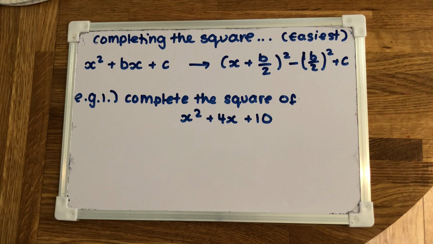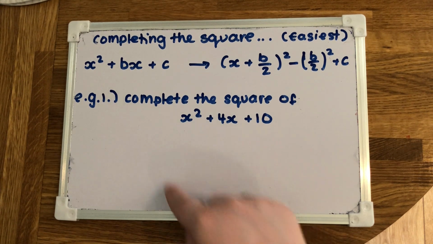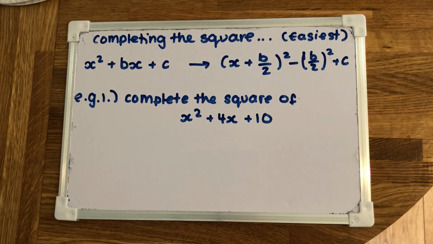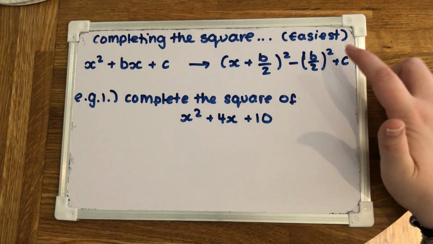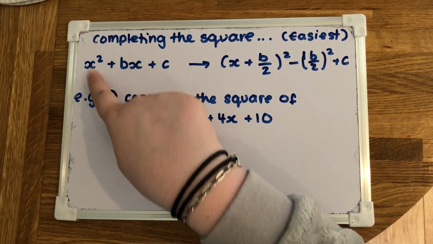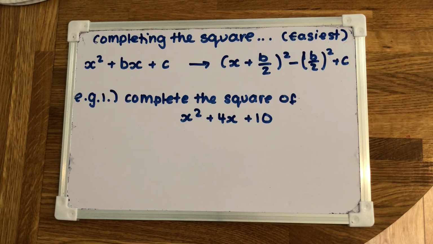So if you've done plotting quadratics, which are the smiley face graphs, this will tell you the lowest point or the highest point of the graph, depending on whether it's a smiley face or sad face. But I'm just going to start off with the basics of how to complete the square. Now, I am only focusing on the easiest ones, and that's where it's just x squared at the front and not a number at the front, so not like 5x squared, for example, because obviously there is extra work on that, but I just wanted to do the basics first,